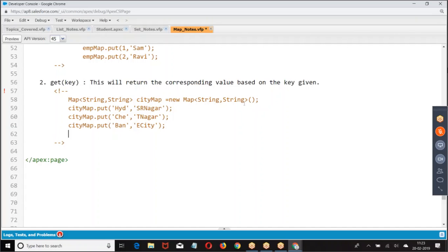So it is a key value pair. How do you retrieve the value? String a equal to city map dot get of. If I give Hyderabad, we get the corresponding value.